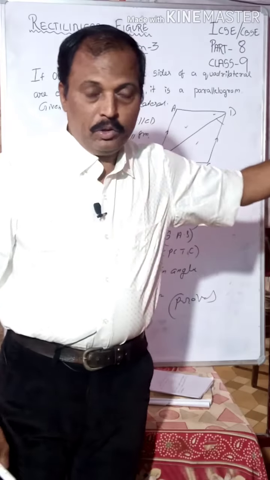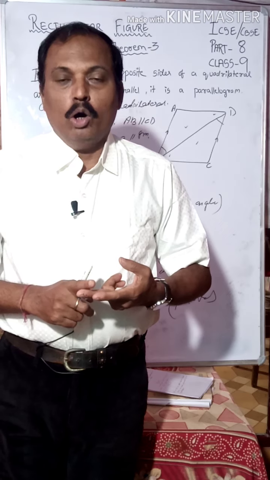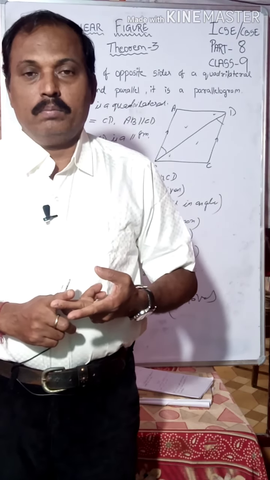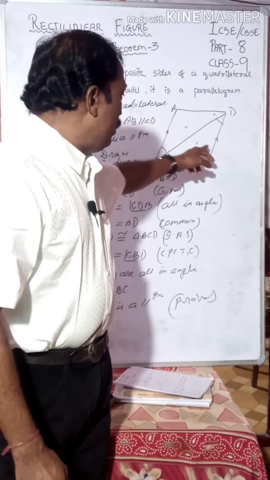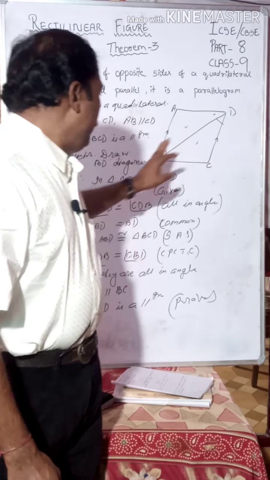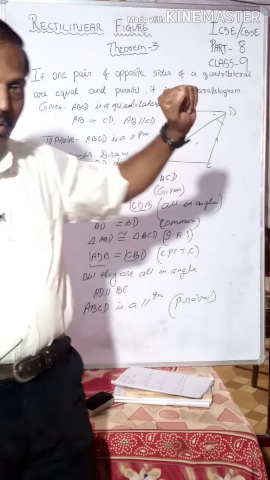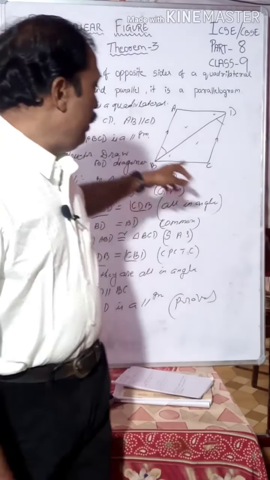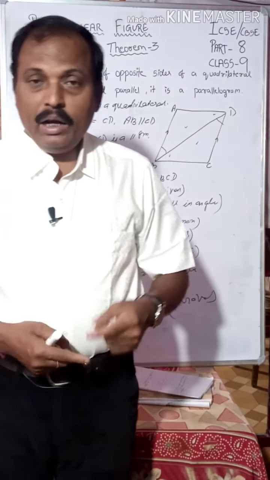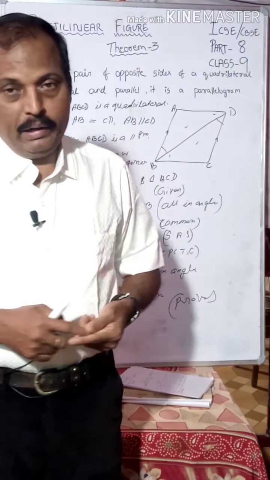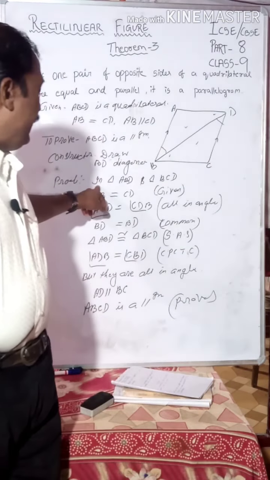ABCD is a parallelogram. The minimum definition of a parallelogram is that opposite sides are parallel to each other. So as AB is equal to CD and AB is parallel to CD, we construct a diagonal, either BD or AC, whatever you take. Here I proved by drawing the BD diagonal; you can prove by drawing the AC diagonal. So in triangle ABD and